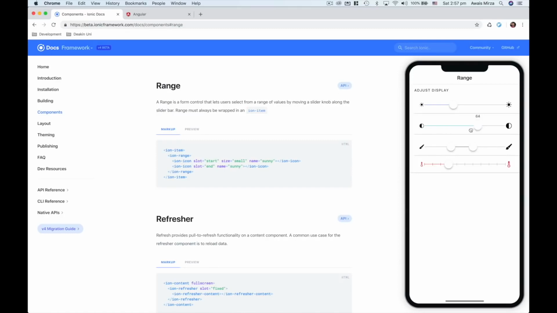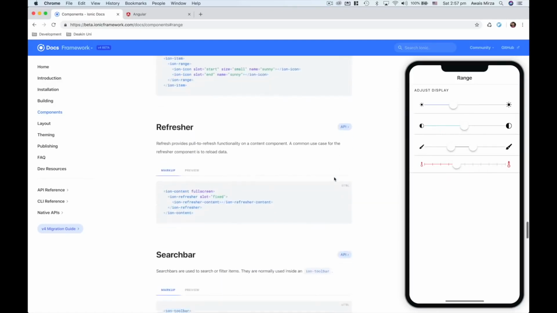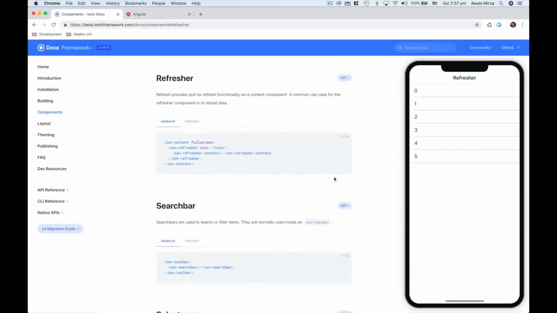Then you can use this kind of component. That's really, really great. Sometimes you want to change the data and you want to have some sort of UI which helps you to do that, and this is great. Refresher. Now, a lot of times people go to one of the pages in your application and then they want